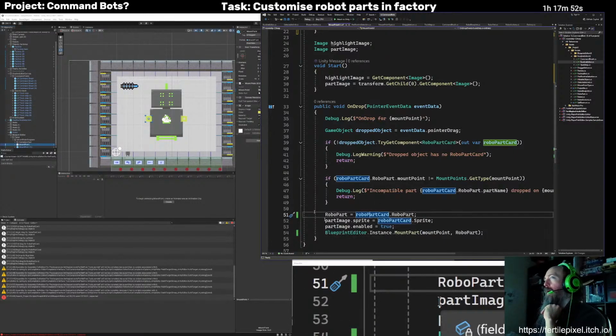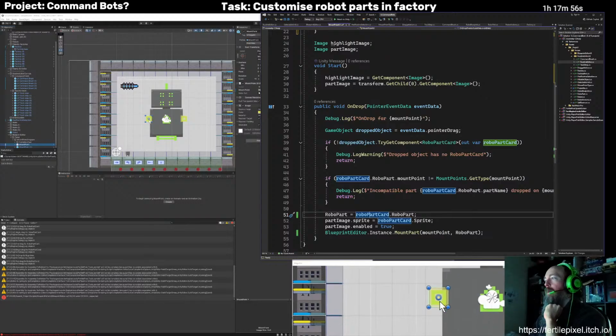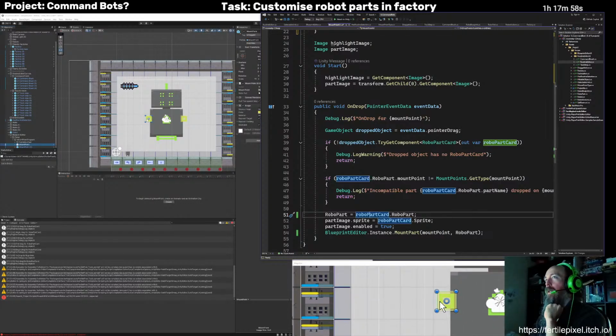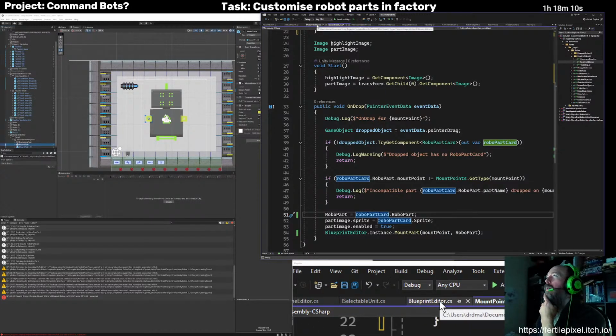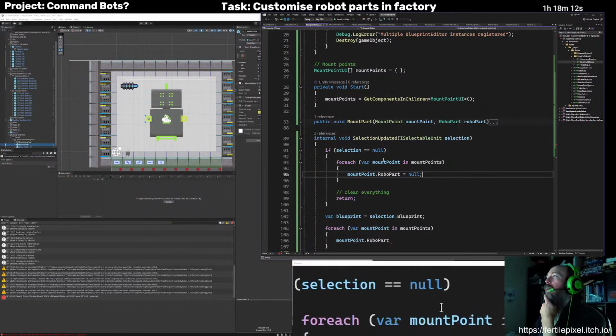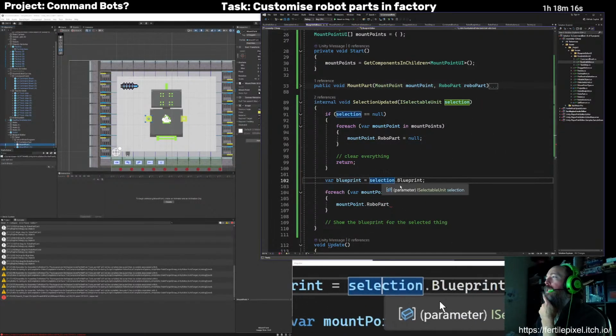Basically, I'm requiring the sprite from here to be able to set that sprite in here. And that is not something that I have available like here from this selection blueprint.